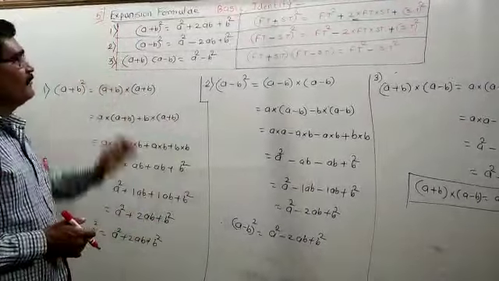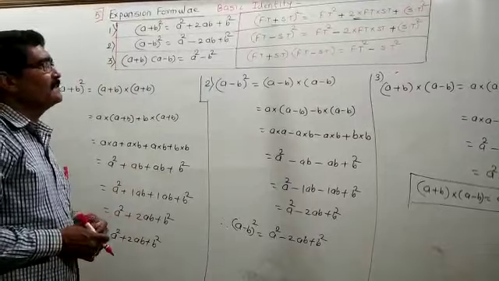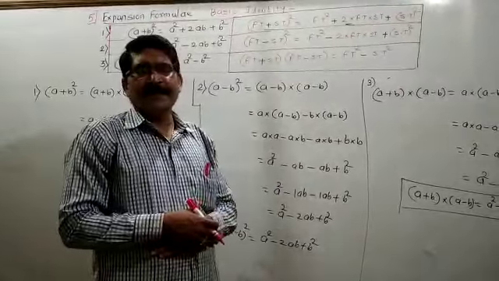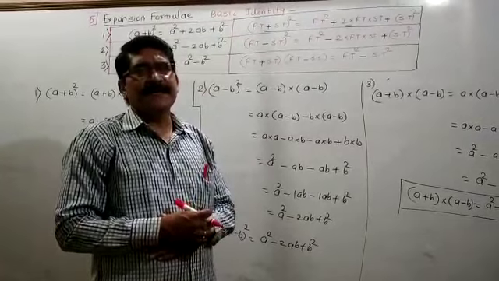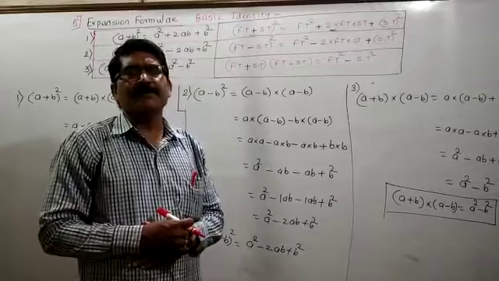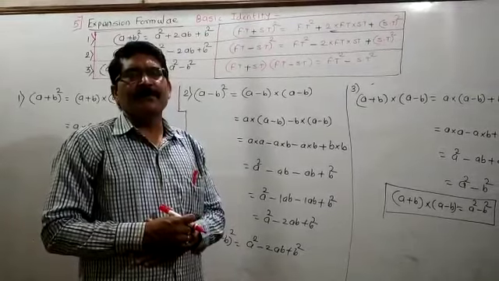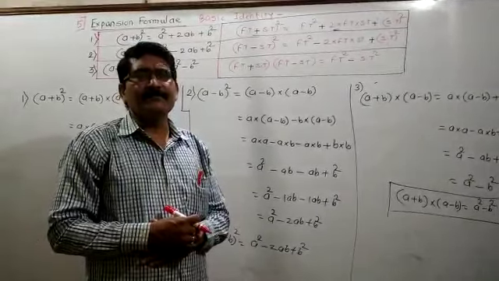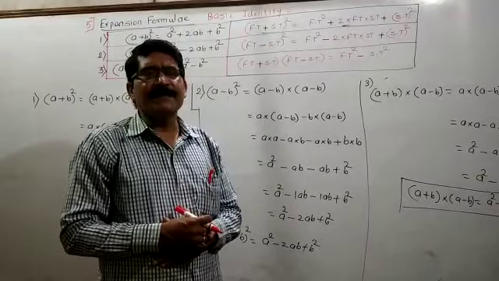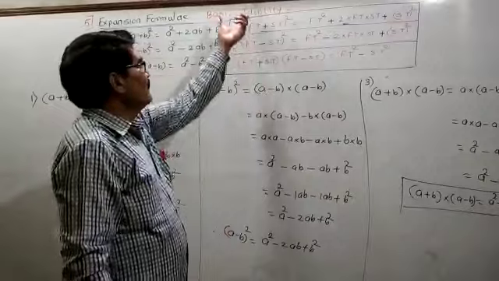Expansion formulae means basic identities. Which are the basic identities that you have to see? Already I think you learned the basic identities. I don't know if you learned them last year or not, but I will explain these identities properly, because for the basics and for the future, that one is very essential. Which are the basic identities?